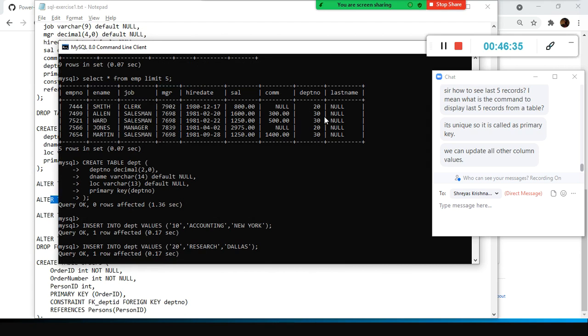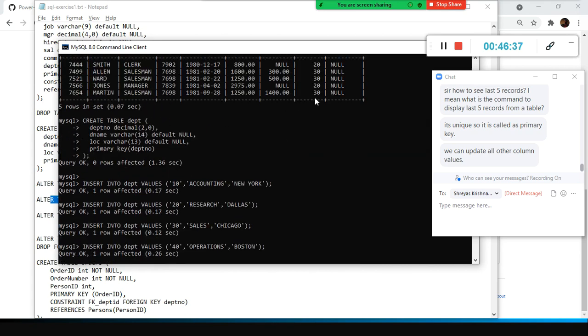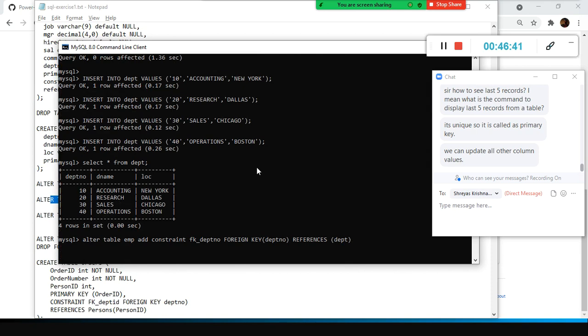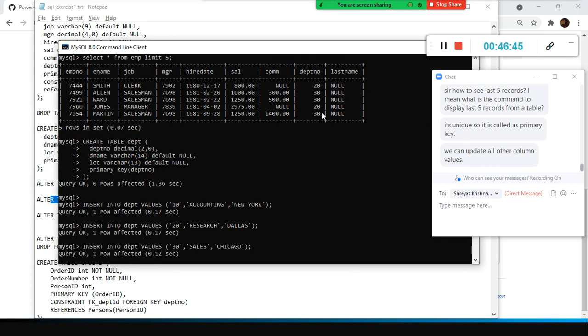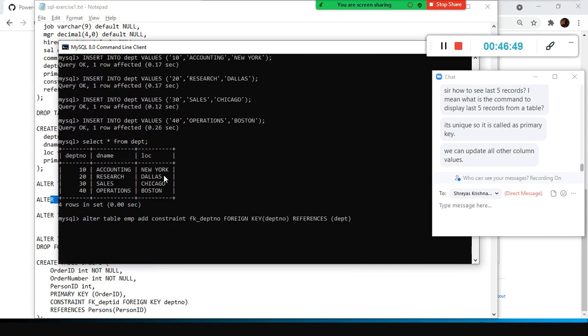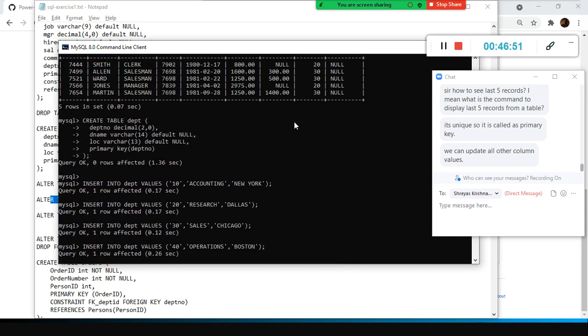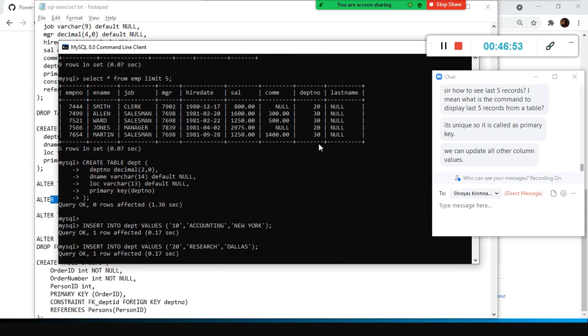This is a foreign key because this key comes from outside of this table, from the department table. Let's say if you put 60 here, and 60 has no matching value there, that is called an anomaly. You cannot put some junk value there.